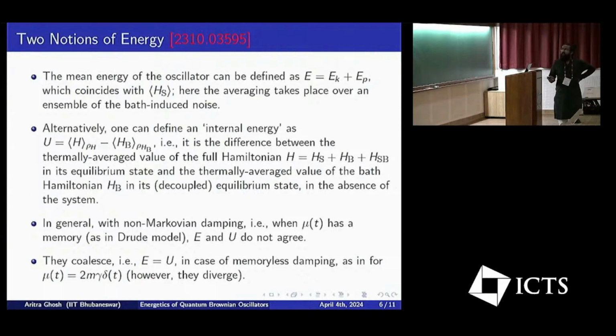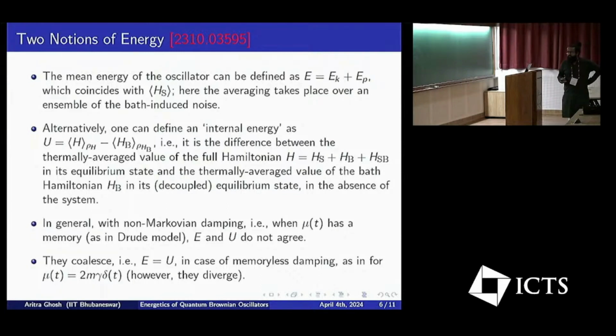It turns out that the energy that we get as the sum of the kinetic and the potential energies is not the thermodynamic energy. The thermodynamic energy comes from this definition, where you start with the full Hamiltonian, the system and the bath, and this is described by a full density matrix, not traced over the bath. So if you average this with respect to the density matrix of the bath, of the full interacting situation, you get a certain average. You subtract the energy of the bath from there,